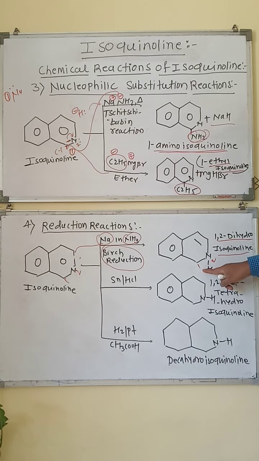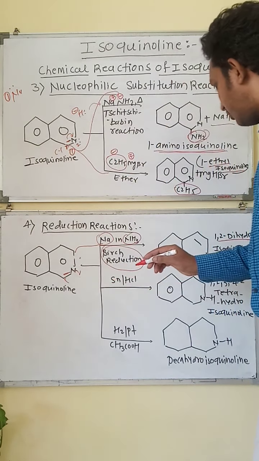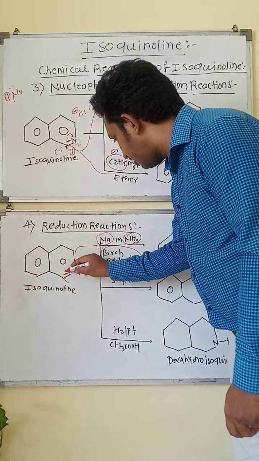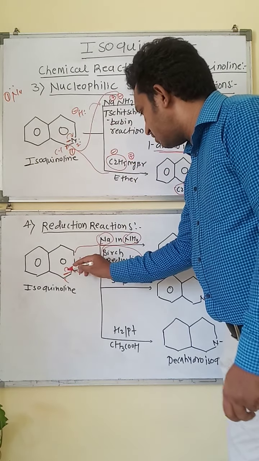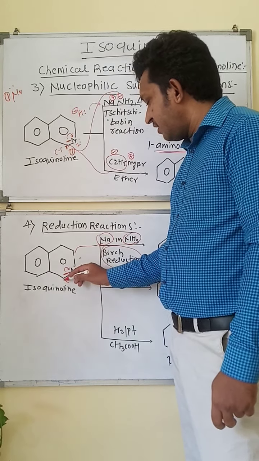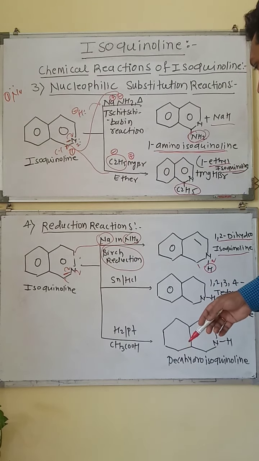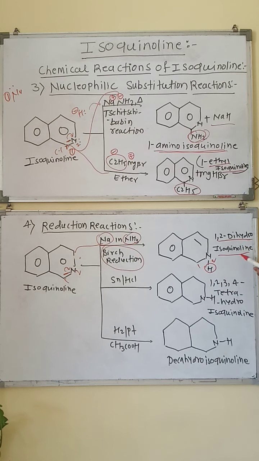First number carbon is saturated by the hydrogen. Second number nitrogen is also saturated by the hydrogen. So we get the 1,2 dihydroisoquinoline. First of all, the double bond between the first and second number carbon and nitrogen will break. The lone pair of electrons shifts onto the nitrogen, so this first number carbon becomes electron deficient. So there is an attachment of a hydride ion, and on the negative nitrogen there is an attachment of H positive, meaning a proton. So we get the 1,2 dihydroisoquinoline.